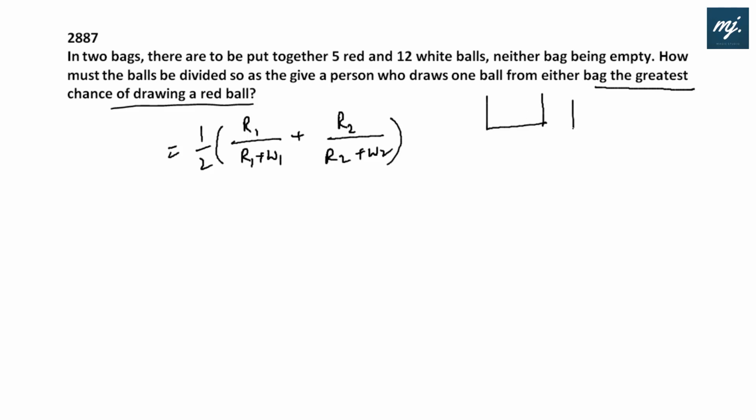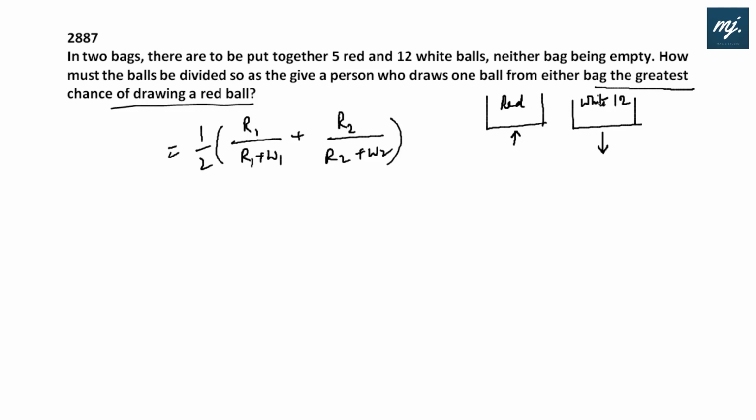That is only possible when one of the bags holds only red. So in one of the bags, I'll try to keep only red ball and there is no white ball. All the white balls should be transferred to the other bag. Now, we need to increase the probability of red from this. That will be always 1, because there is only red ball here. But we also try to decrease the probability of white in this particular second bag.